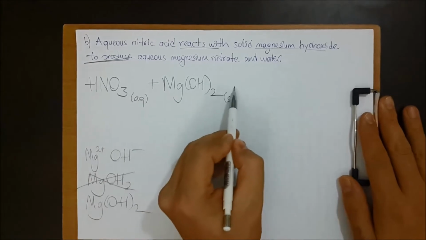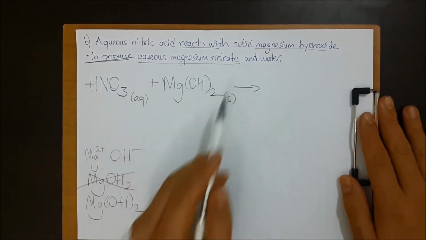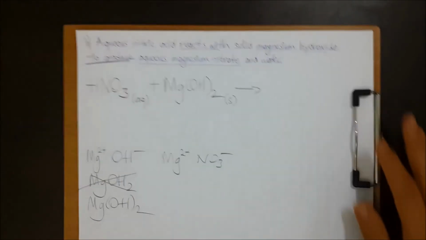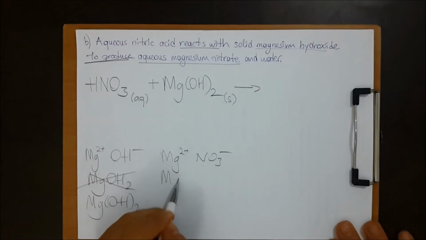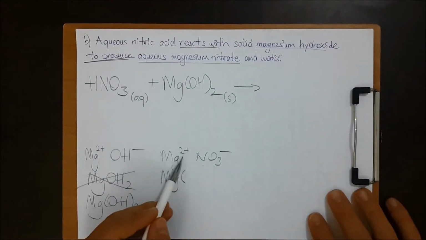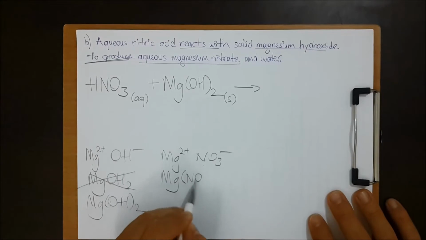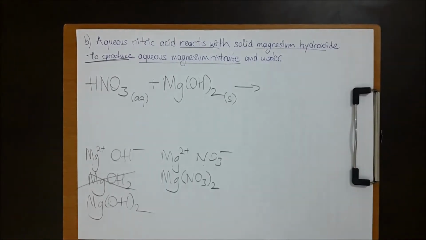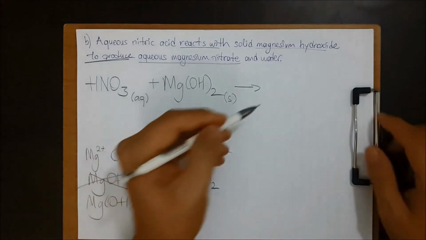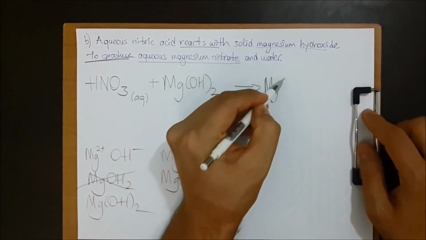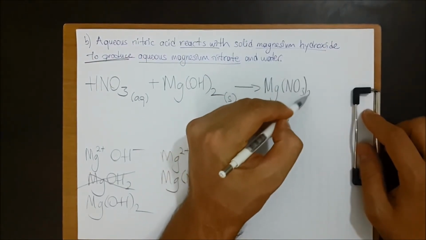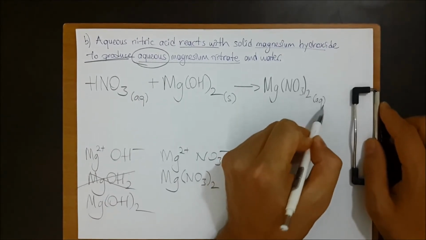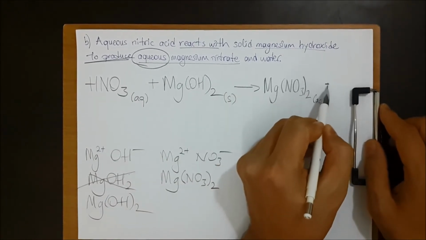To produce means arrow. Aqueous magnesium nitrate. Magnesium 2 plus. Nitrate is shown by NO3 minus. Cross over the charge: Mg, open a parenthesis because the charge of magnesium is bigger than 1. Put your polyatomic ion into it and write the subscript of magnesium outside the parenthesis, after taking the absolute value. Okay, the formula for magnesium nitrate is Mg(NO3)2. Its state is given, aqueous, shown by aq, and water plus